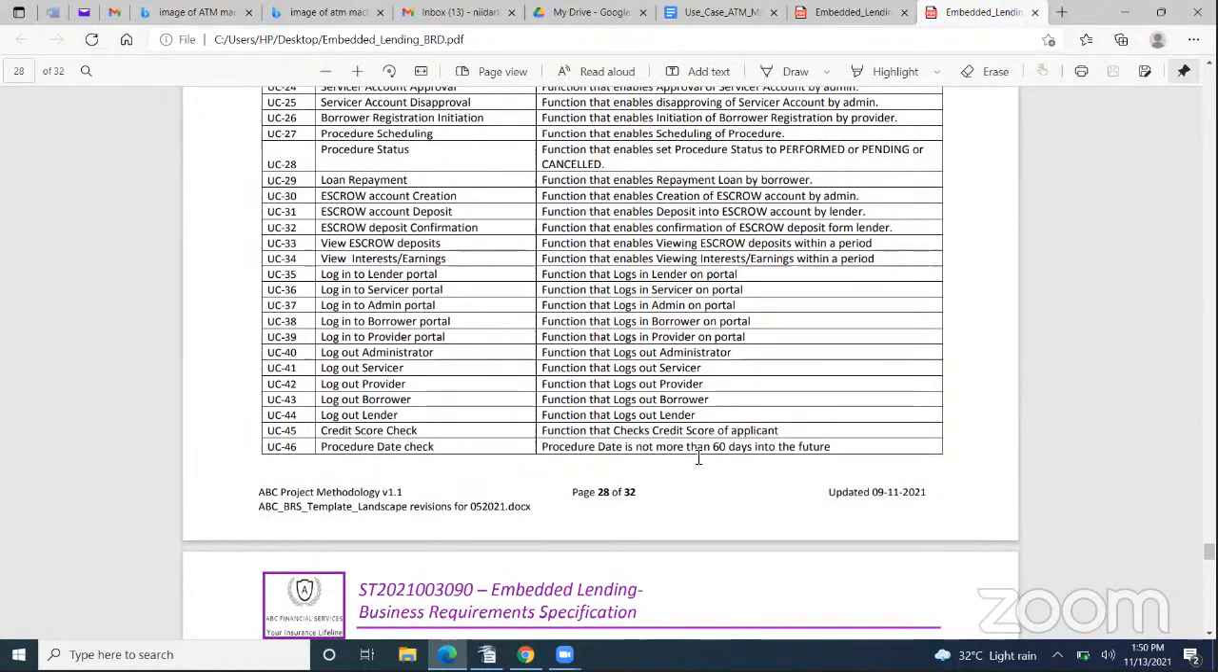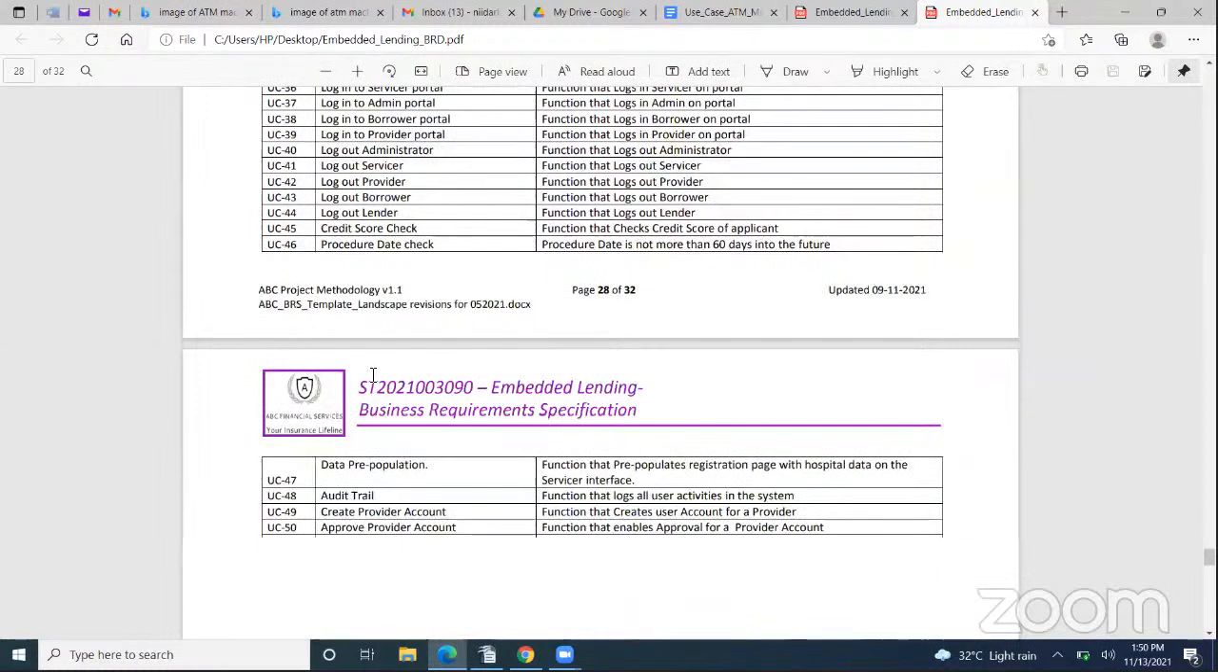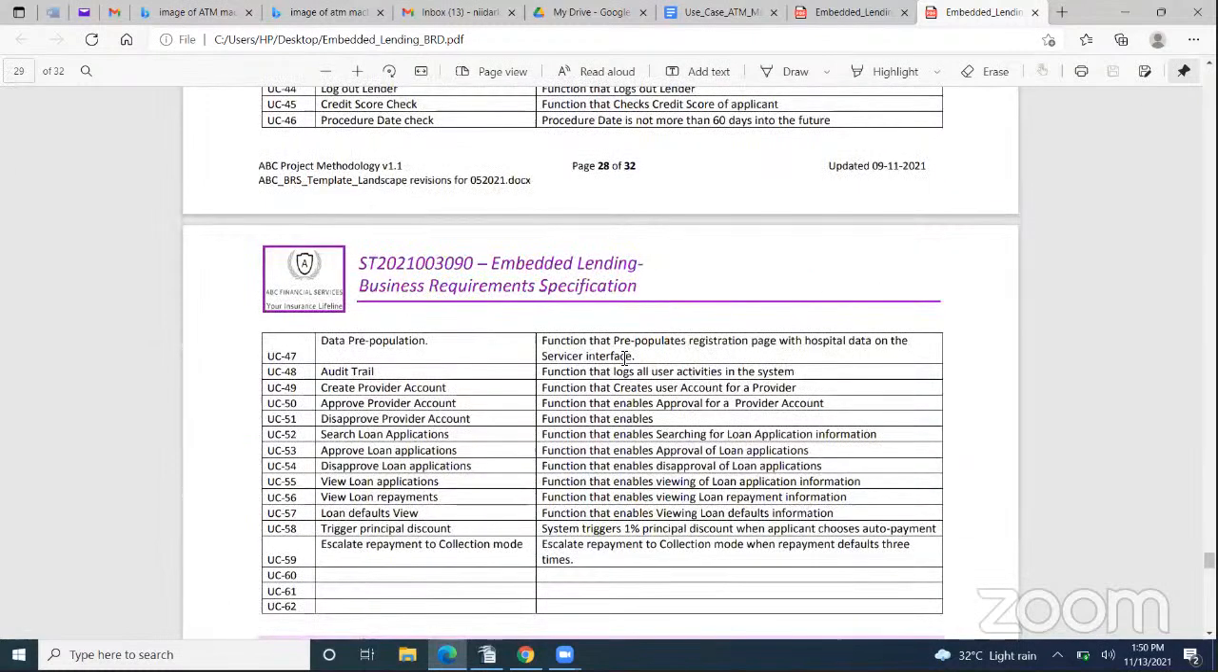Then we have the procedure date check, which is coded into the system to check the date of procedure to ensure that it's not 60 days into the future. Then we have data pre-population, which happens to